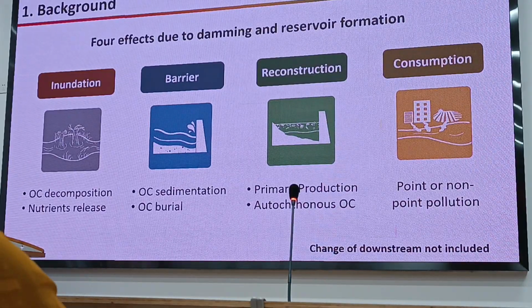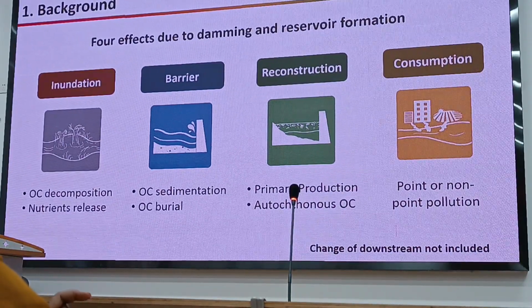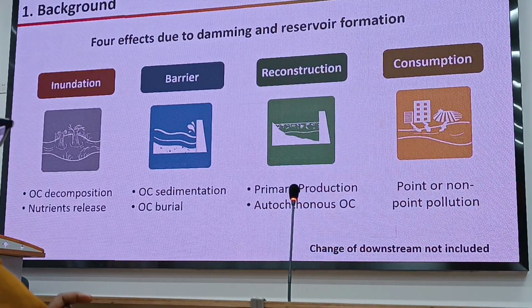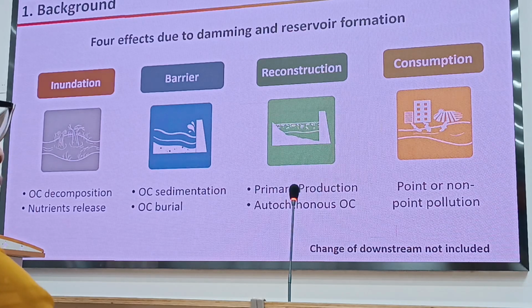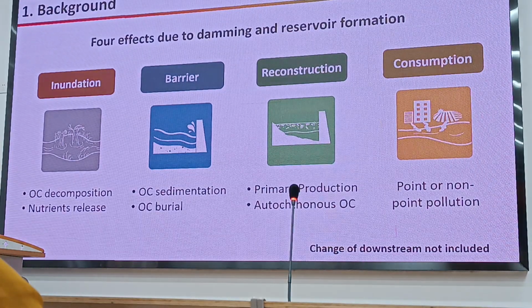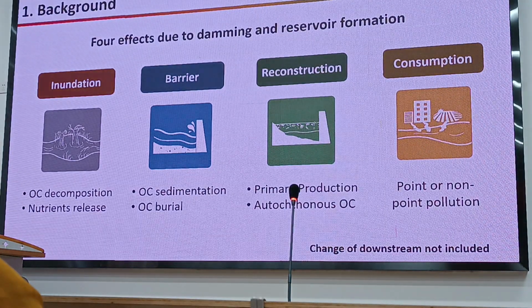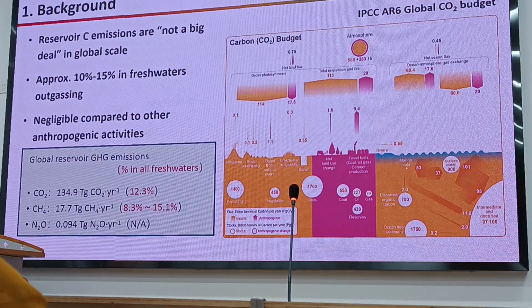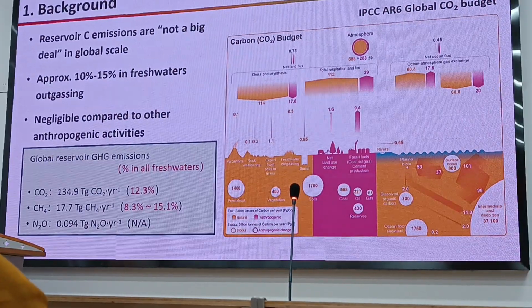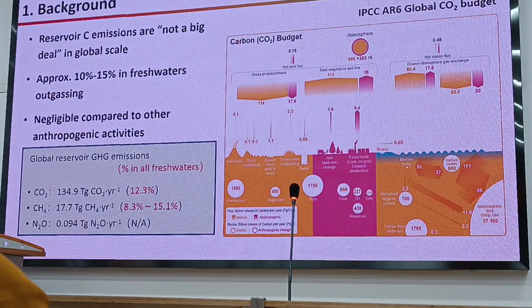So it's amazing for the China Three Gorges Reservoir that it holds about 20 million people living around the reservoir. So right now our wastes are all going to the Three Gorges, but after treatment. So one of my research aspects, I think 70% of my research is related to carbon emission due to such effects. But if you think about the carbon emission, it's not a big deal on a global scale.